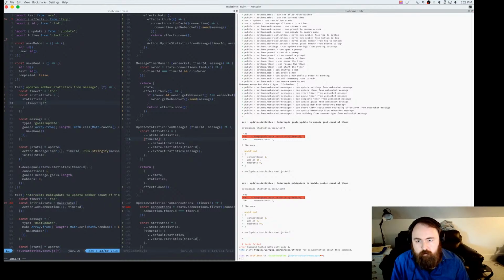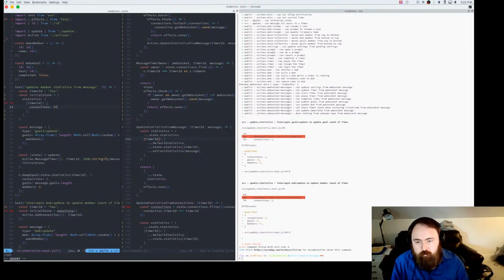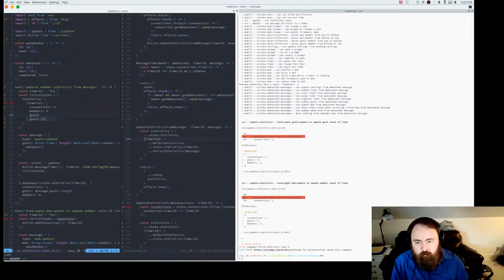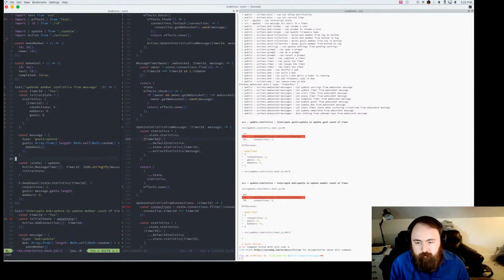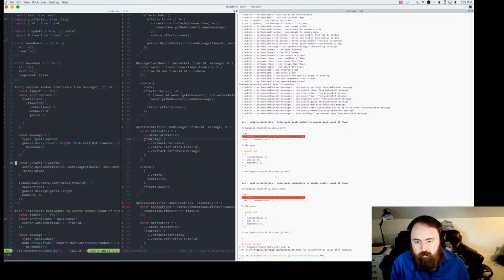And we know statistics should look vaguely like connections 0, mobbers 0, and goals 0. So if we update goals and we make some sort of random collection of them, and then we pass that through update statistics from a message, we don't need the WebSocket anymore, which is nice. Now we just have a timer ID and the message.